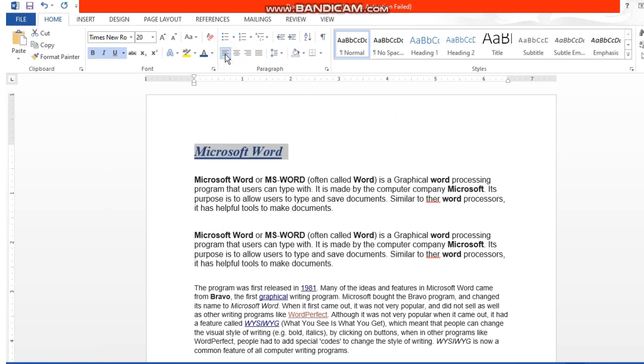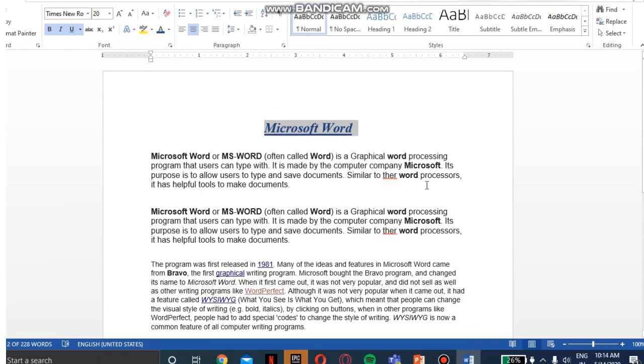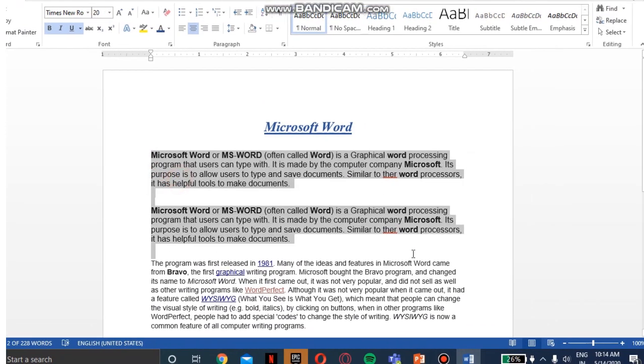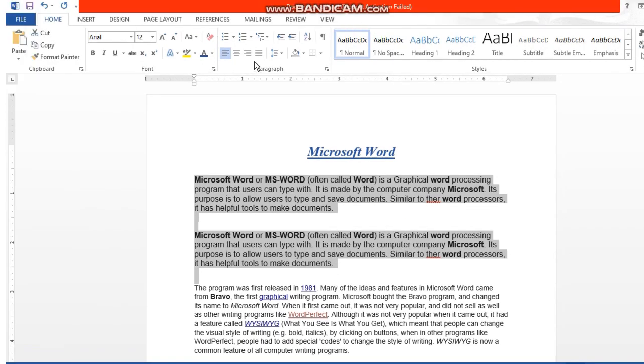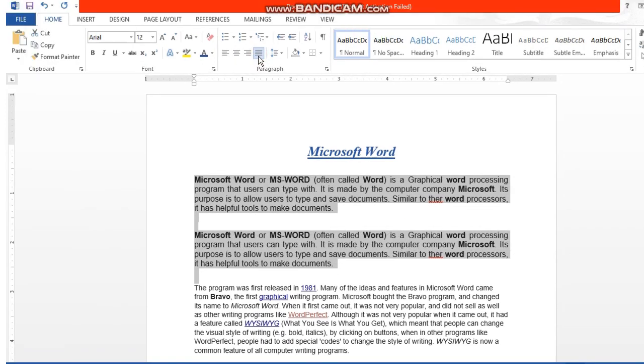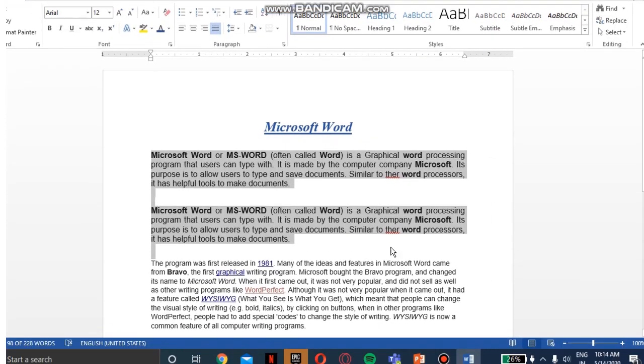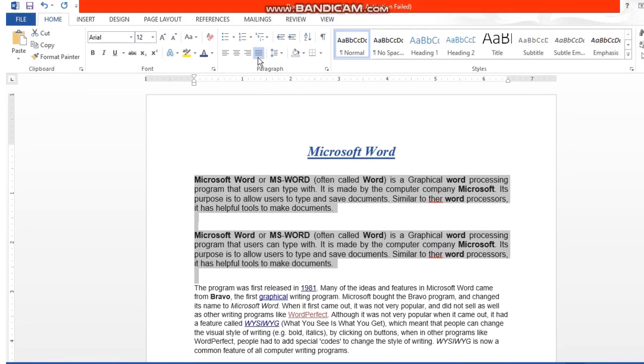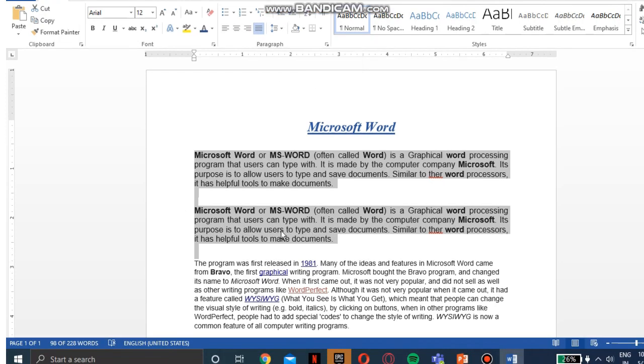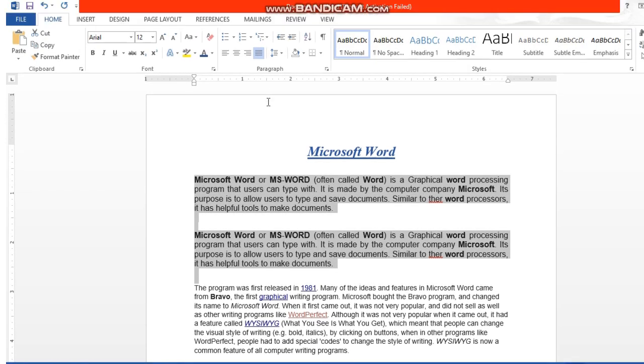Now these are the 4 buttons which are there to change the alignment. I clicked on the first, the text is aligned to the left side. If I click on second button, it is changing the position, see. So there are 4 alignment options: left, center, right and justify. Let's try justify. Okay, click on the last button. Can you see the text from the left as well as from the right is equally aligned? This is justify alignment option.